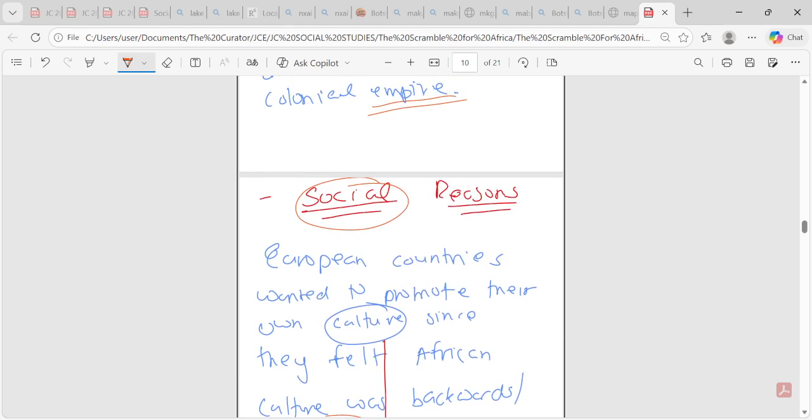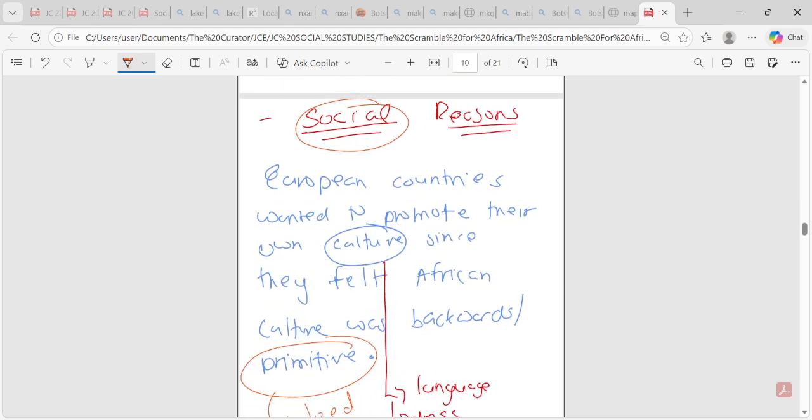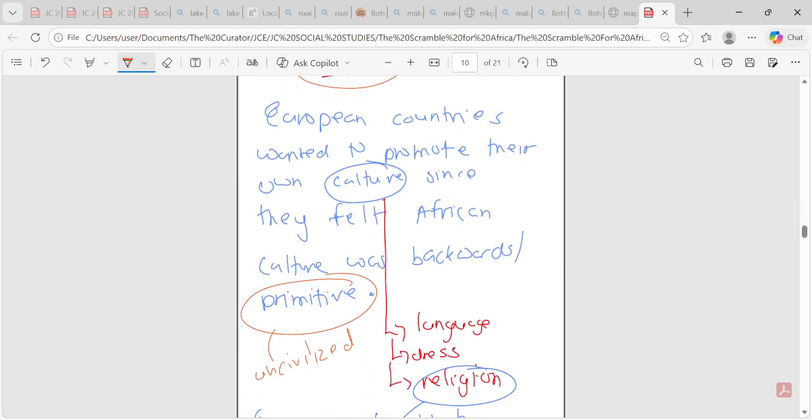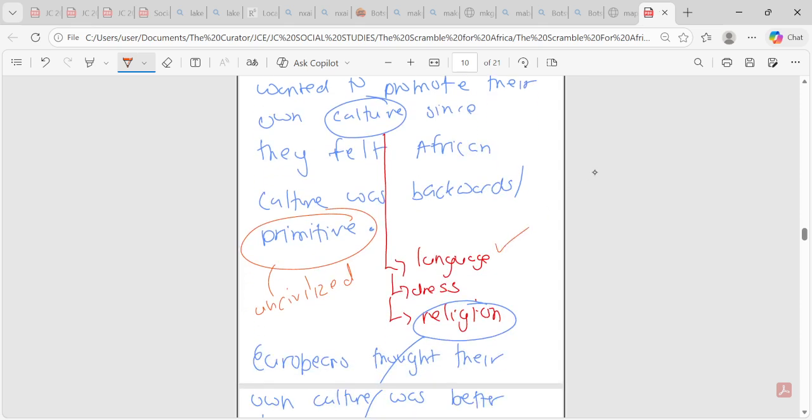So European countries wanted to promote their own culture since they felt African culture was backwards and primitive. That's why they introduced their own language, the way they dress, and they also pushed their religion hard. They felt that our religion was backwards, primitive, and that we were uncivilized. This is why the missionaries hated traditional healers, because the traditional healers